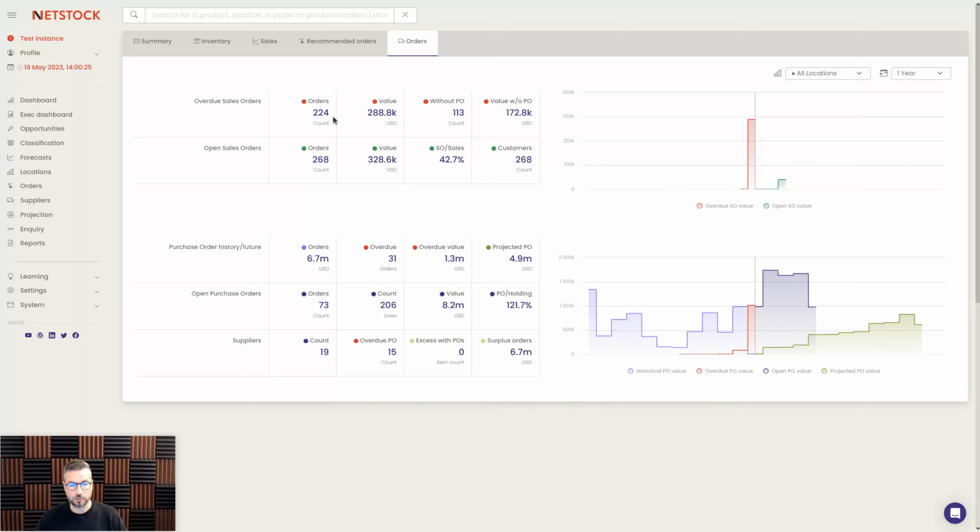So in this case, we have 224 overdue sales orders. That's the red here, you can see. They're not overdue for too long. Sometimes you have sales orders overdue all the way back here, for months. But in this case, it doesn't look too bad. The value of those overdue orders are $288,000,